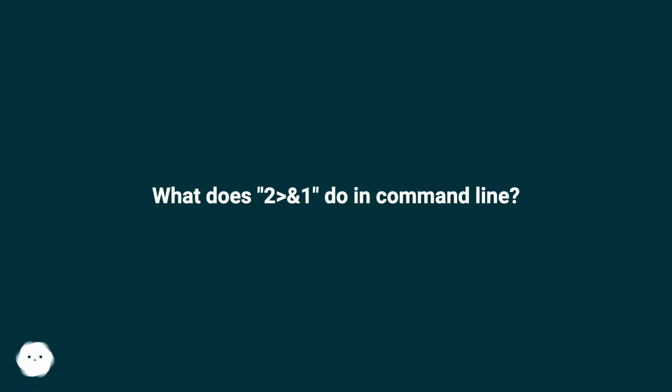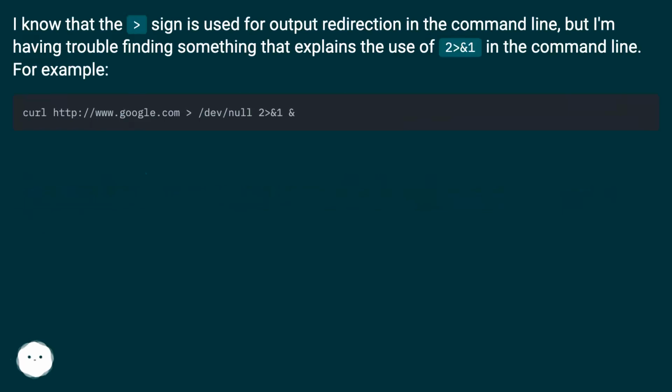What does 2>&1 do in the command line? I know that the greater-than sign is used for output redirection in the command line, but I'm having trouble finding something that explains the use of 2>&1 in the command line. For example,